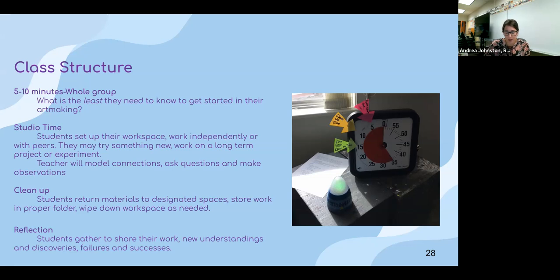Studio time. Depending on how long your class is, I usually end the whole class demo. I say, let's make some, and they scream art. It's the largest chunk of my class time. The students can either choose to do the demo if that inspires them, or they can do anything that I've already taught them. So you slowly open up those centers. They might have just had a demo on chalk pastel, but then they're going over to something completely different,